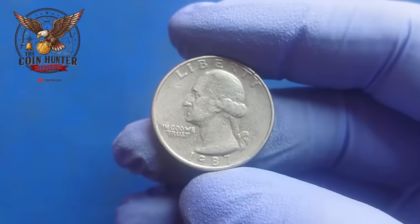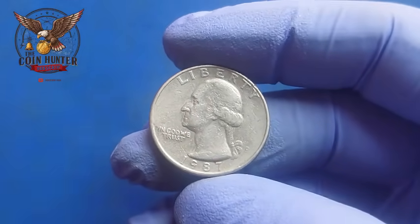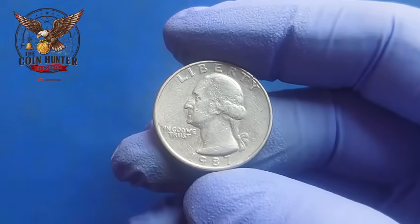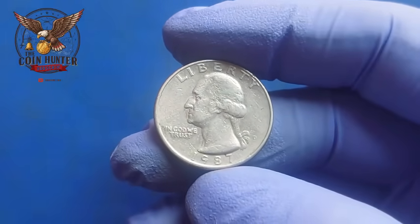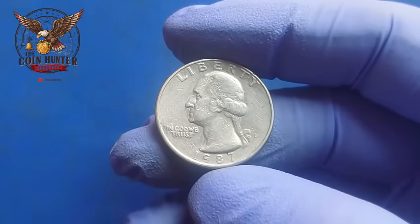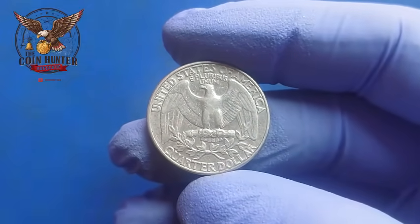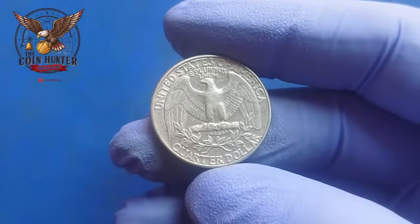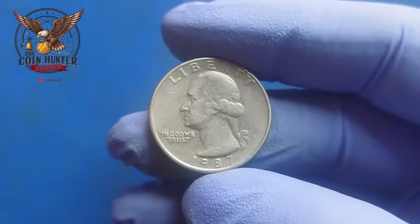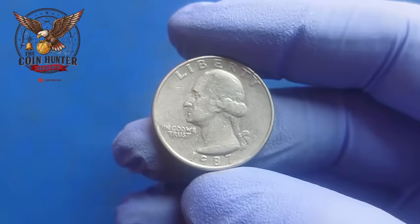In 2022, a specimen that had been discovered in an old collection and graded MS 69, essentially perfect, was offered at auction with a reserve price of $2.5 million, and the bidding war that ensued was absolutely legendary. Collectors from around the world competed fiercely, and when the hammer finally fell, the coin had sold for an unbelievable $8.7 million. And if you think that's the end of the story, you're wrong, because just last year, another example